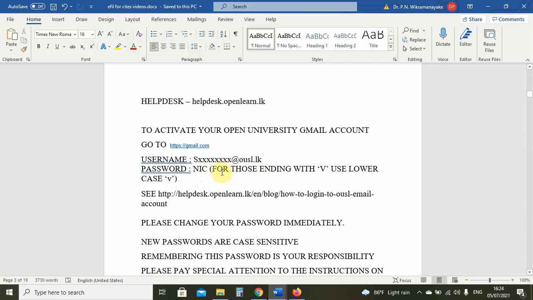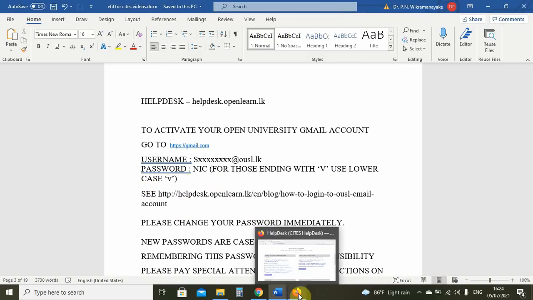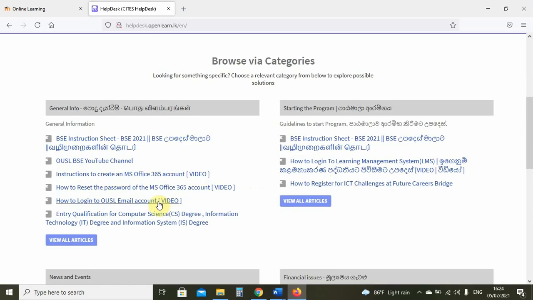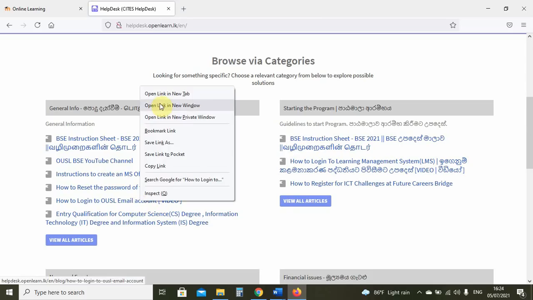Now the default password is case sensitive, and in this case, unlike in the previous site where you obtain your student number, here you have to use lowercase v if your NIC number has a V in it, right? And the help desk already has a link to show you how to do this. I will just have a quick look at that link. Here it is, how to log into OUSL email account, and let us open it here,